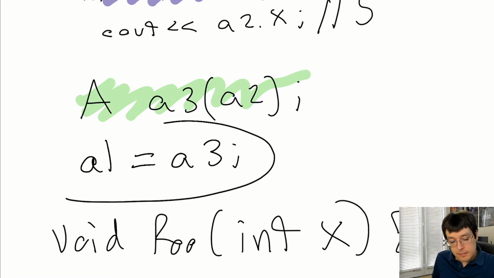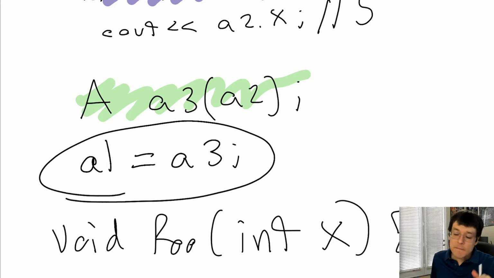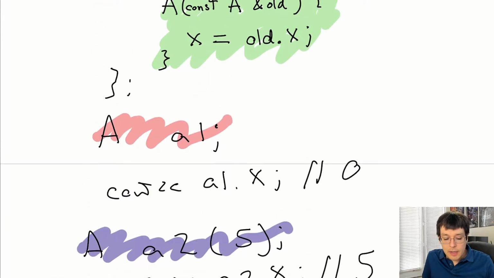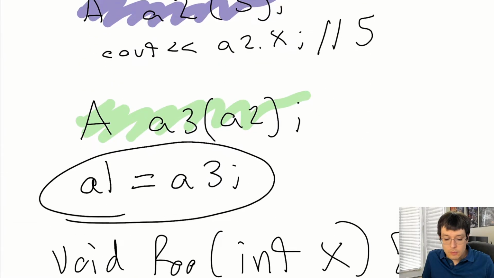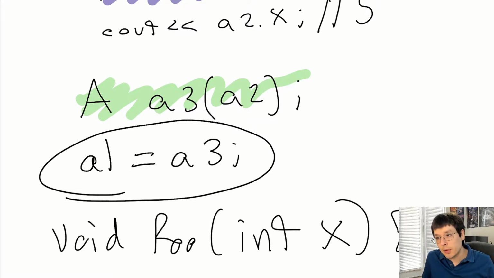Okay? When this is happening by default, you have the same problem. It just makes a copy of the contents of the class, which in this case, if it has pointers, just copies the pointer address. It's not actually allocating new memory and then copying the contents of what the pointer is pointing to. So we are going to have to do the same approach as we did with the copy constructor for the assignment operator. But for that, we're going to have to do overloading,